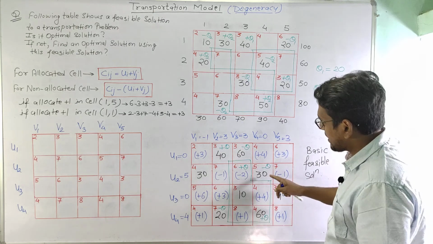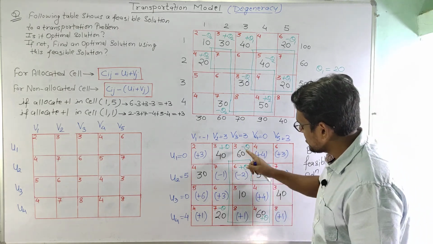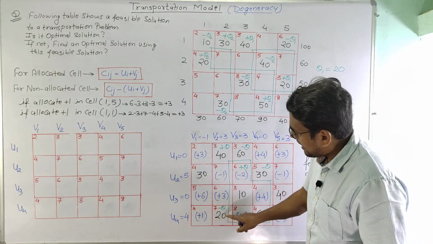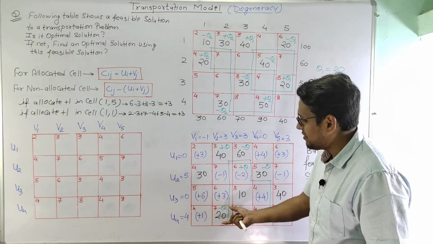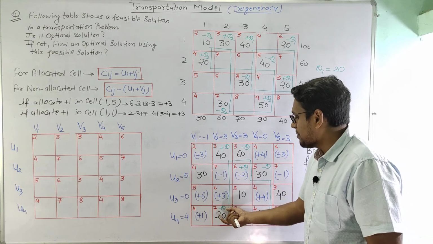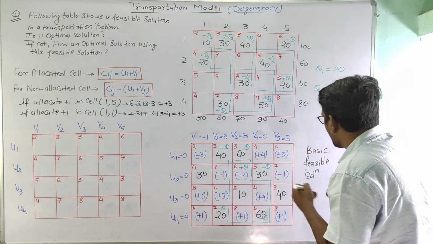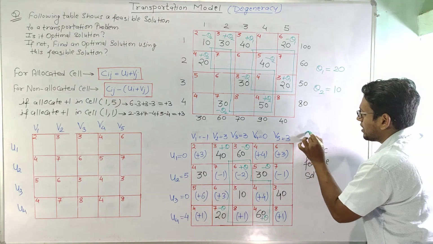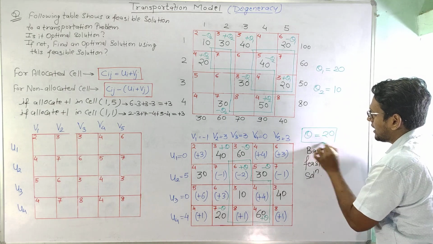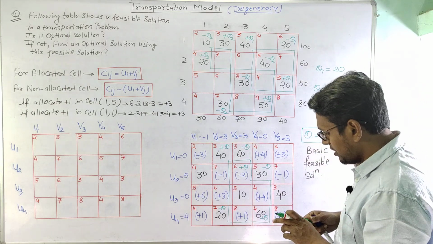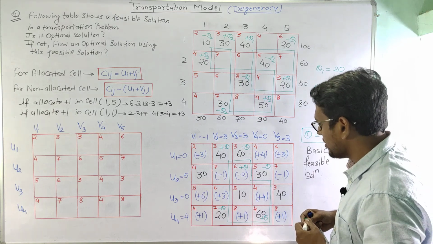So we need to select the minimum value of theta among these three. So we can see that theta equal to 20 is the minimum value of theta. So we will select the value of theta equals 20,